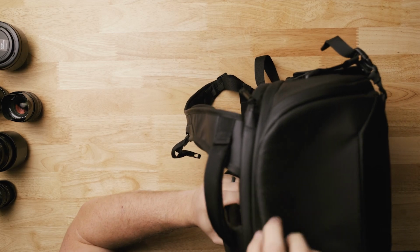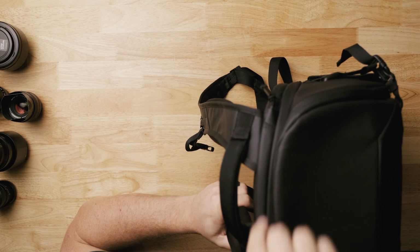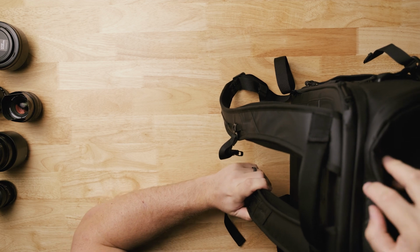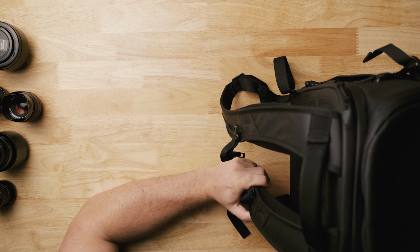But there's too much traffic of the zippers right up here. They couldn't put it on top because these zippers are all merging right here. The zipper to the back and the zipper to the top. There's not much room left, and that handle would be in the way of those access points if they moved